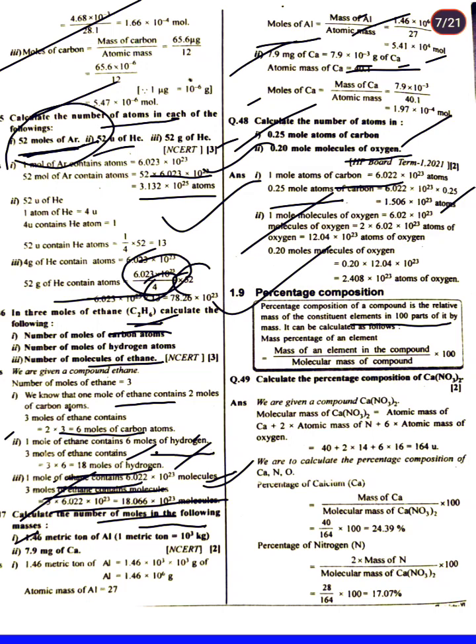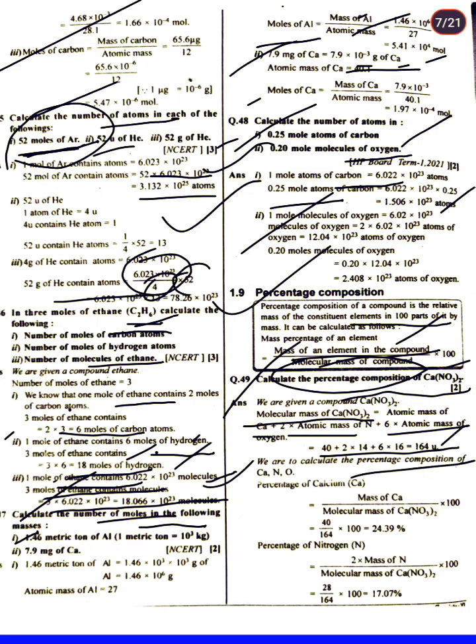It can be calculated as mass of element in the compound divided by molecular mass multiplied by 100, ठीक है। First, calculate the percentage composition of calcium nitrate, Ca(NO3)2. सो पहले आप कैलकुलेट कराएंगे molecular mass: atomic mass of calcium plus twice the atomic mass of nitrogen plus 6 times the atomic mass of oxygen, it will give 164 unit, ठीक है। We are to calculate the percentage composition of this।